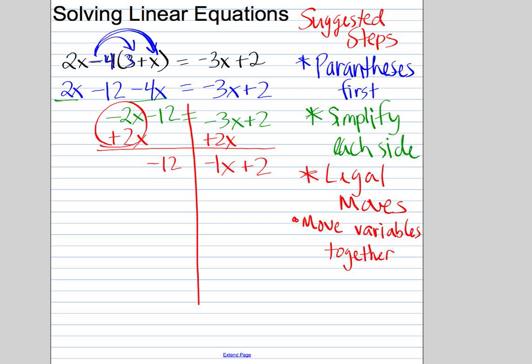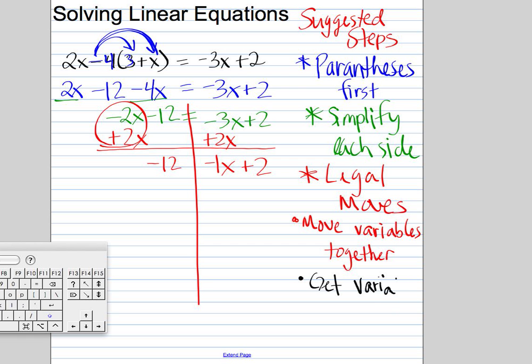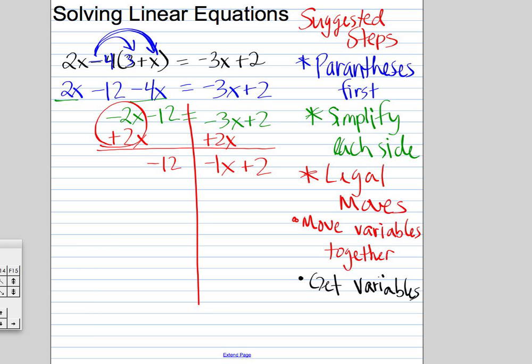After we move the variables together, our next legal move that I typically recommend is get the variables alone. If you remember when I first talked about equations at the beginning of the year, I often would say alone and together, and that's really the key here for all these problems. So get the variables alone. Getting the variables alone means I need to get rid of this 2, right? So I put the opposite on the board because it cancels the +2 with the -2, and I get -14